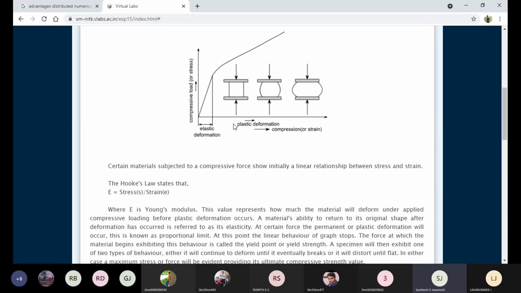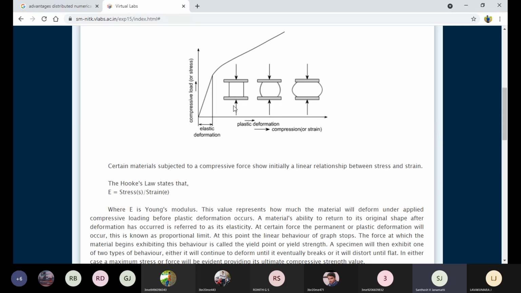This is the compressive load here. You can see the direction of the load. So you have to have these basic ideas. If anybody asks you to show the direction of the tensile load, you should be able to show at least the direction of the loads. If anybody asks you to show the direction of the compression load, here is the compression load.